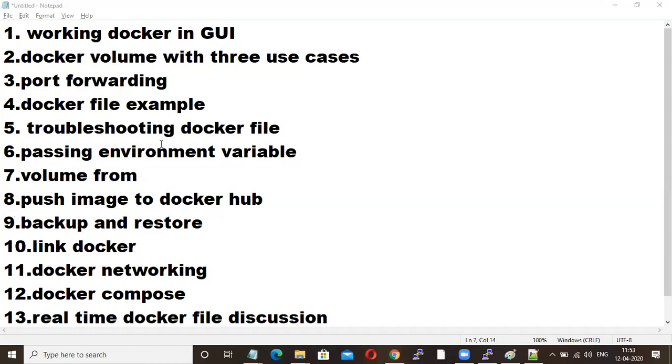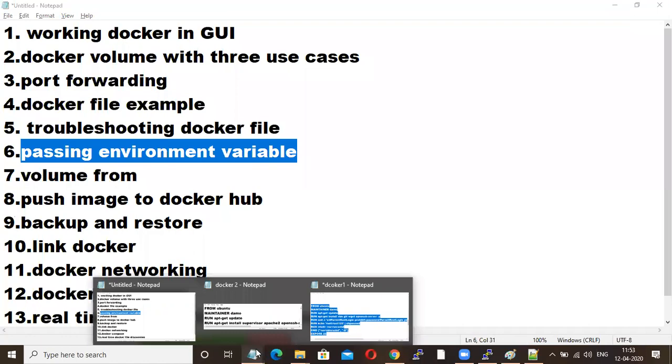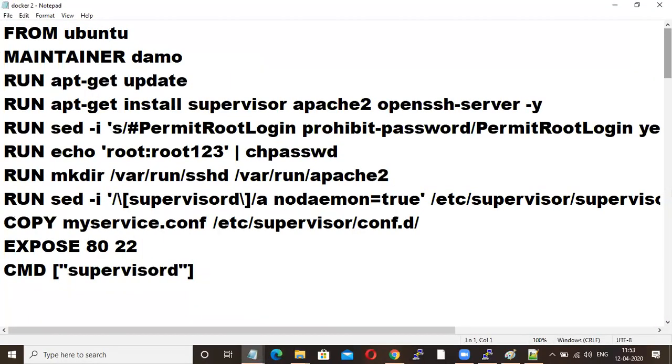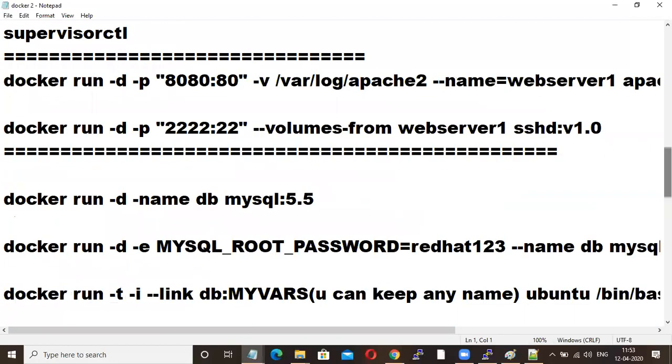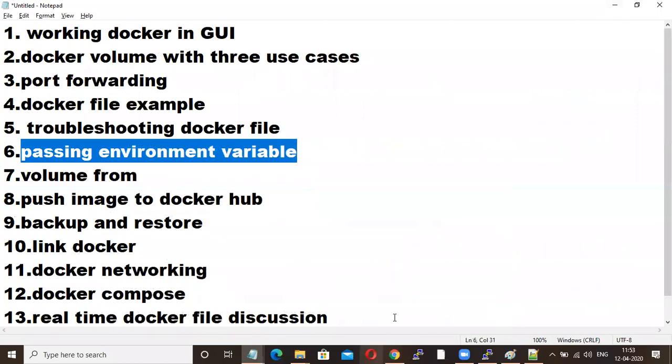Now I'm going for passing environment variables.